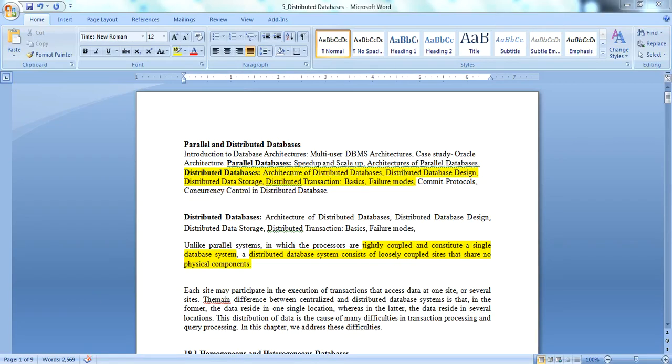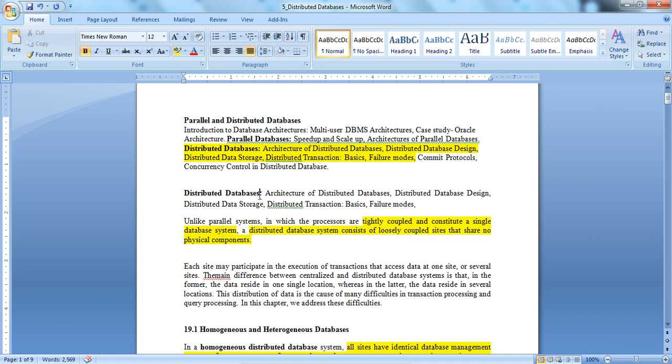Hello everyone. Now in this session we will know about the distributed databases. In the previous session we already learned the introduction to the distributed database architecture. Now, the architecture of distributed database, then we will know about the basic,